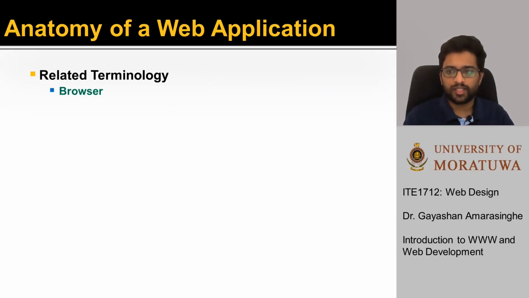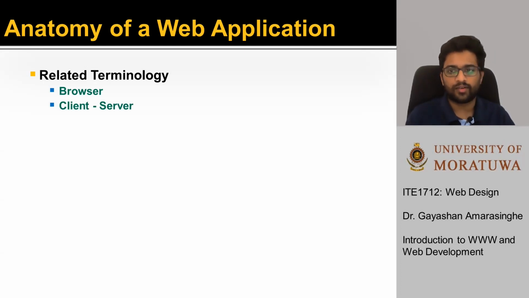Before we actually learn about the anatomy of a web application, let's get ourselves familiarized with some of the terminology that we'll be using in this course. First one is the browser, or commonly known as the web browser, which is a tool that you use to access web applications or web pages. If you browse YouTube on a computer, you will be using a web browser. So examples of such web browsers are Google Chrome, Firefox, Microsoft Edge, or it was previously known as Microsoft Internet Explorer. Right? So these are some of the web browsers that we are using in our day-to-day lives.